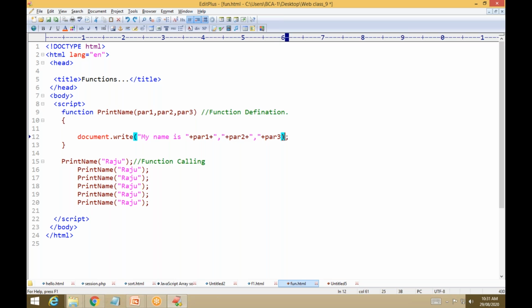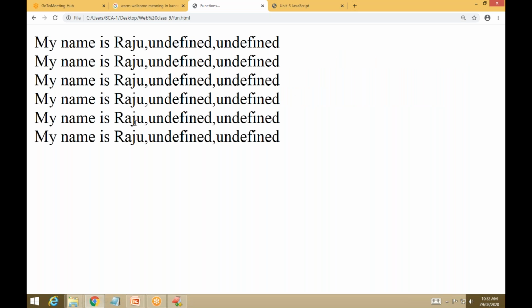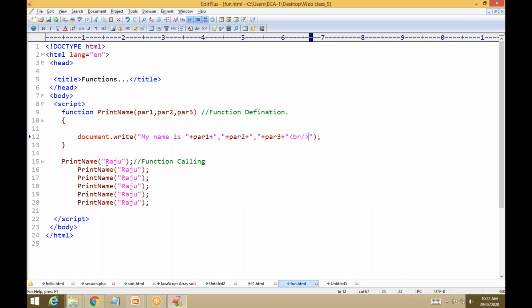Here plus double quote br, okay, save. See, now all are on a new line, but all are undefined because the function call is the same. We're calling the same function many times.